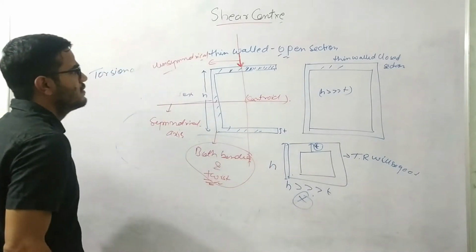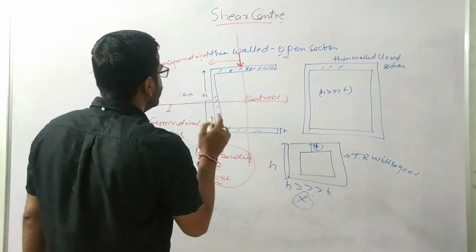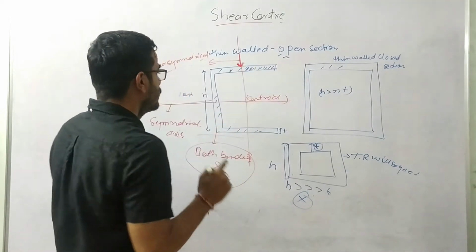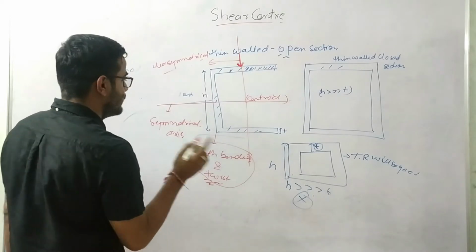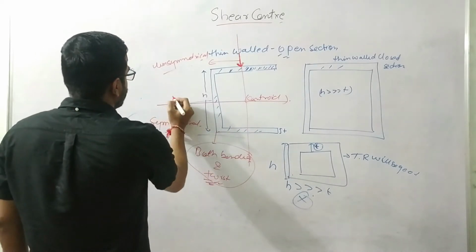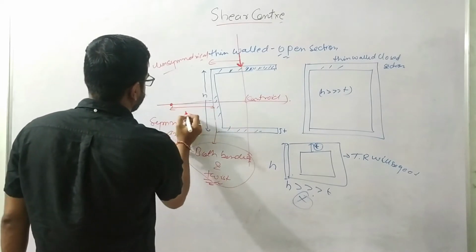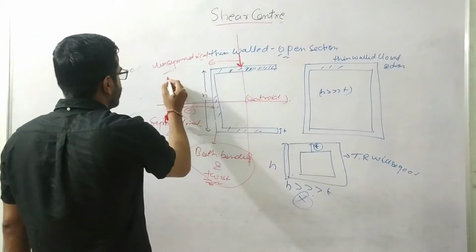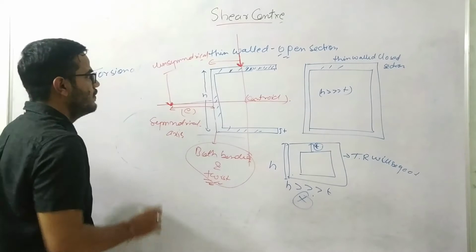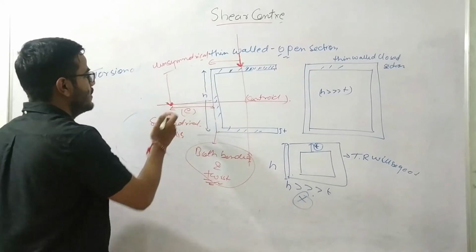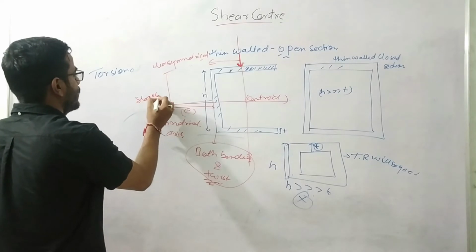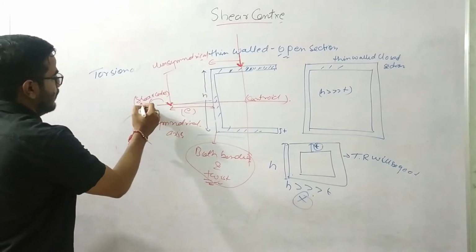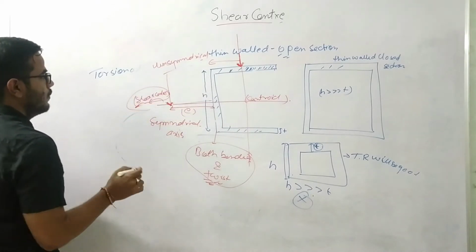So similarly, in these types of cross sections, we need to find the point where we need to apply the load, so that this cross section will not have any twisting moment. Let us suppose this is the point E. So this load should pass through this point only. If this cross section should not have any twist, then this load should pass through the shear center. When we move further in the lecture, we'll again see why this is happening.